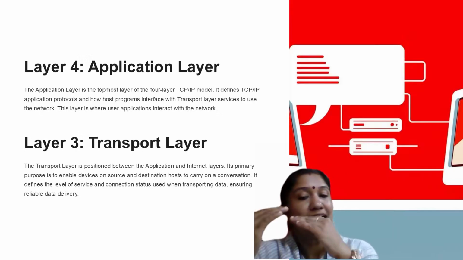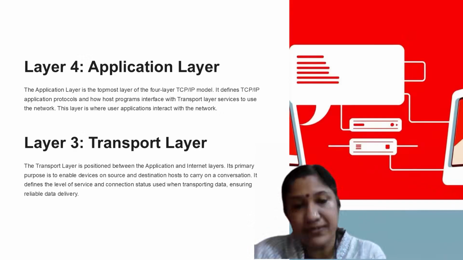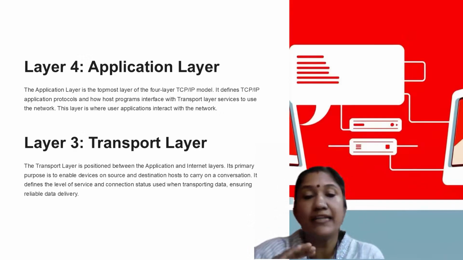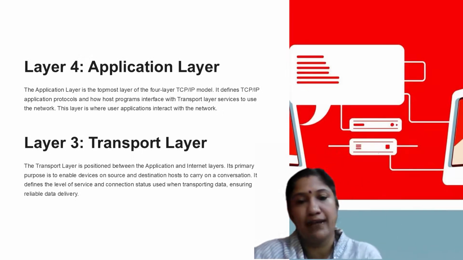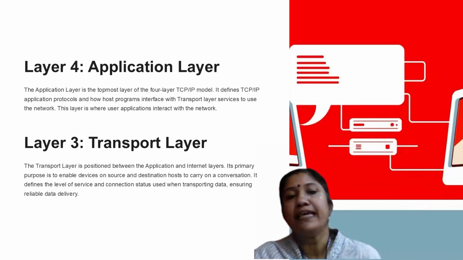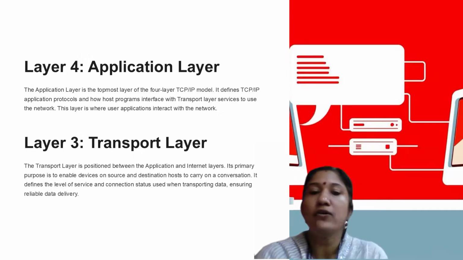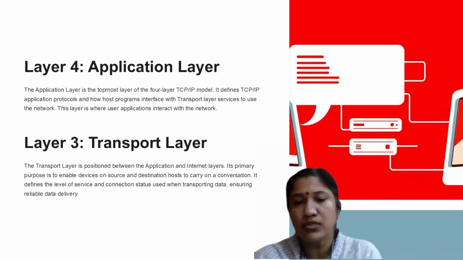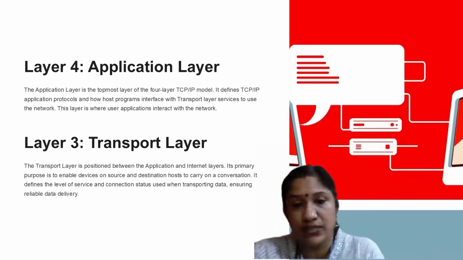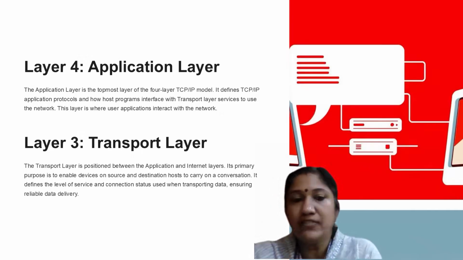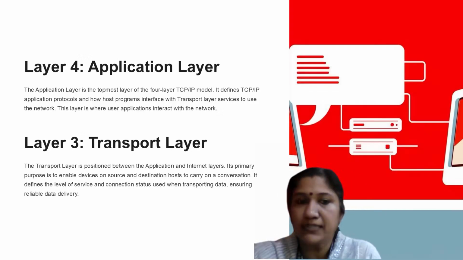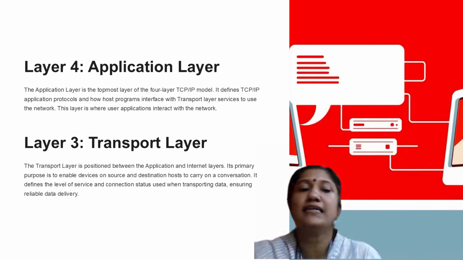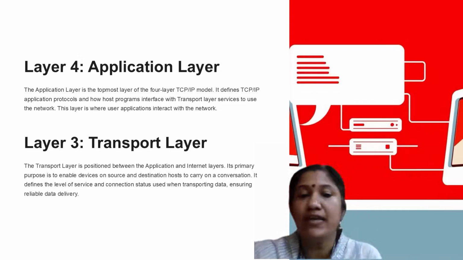The very next layer is the transport layer, positioned between the application layer and the internet layer. Its primary purpose is to enable devices on source and destination hosts to carry on a conversation. It defines the levels of service and connection status used when transporting data, ensuring reliable data delivery at the